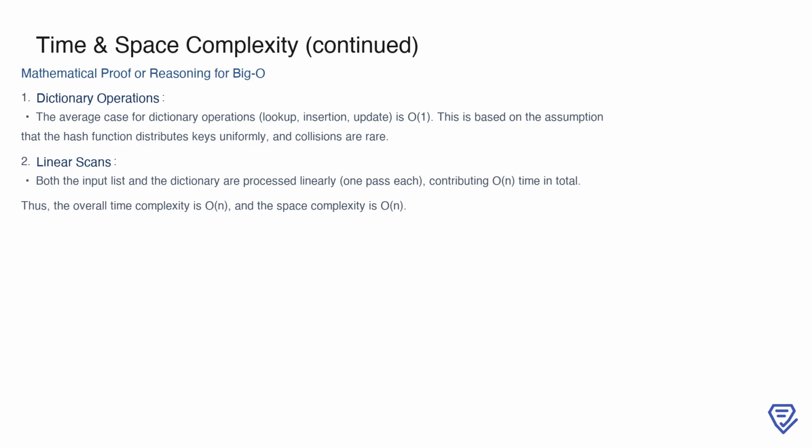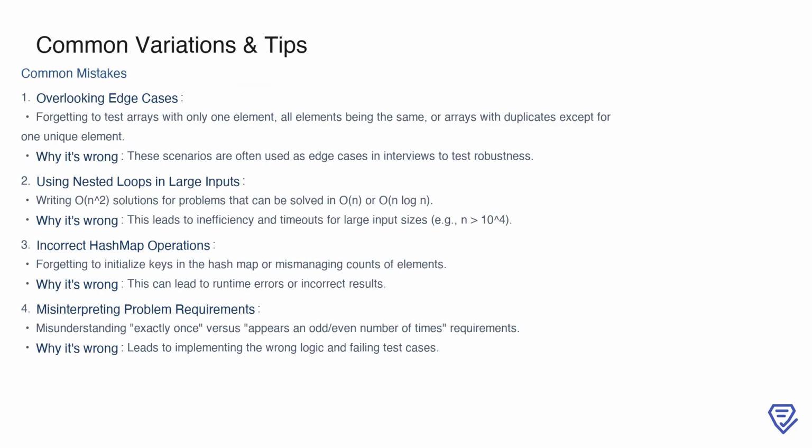This analysis confirms that the solution is both time and space efficient for the problem at hand. When solving this problem, there are several common mistakes to watch out for. First, overlooking edge cases can be a significant issue. For example, you might forget to test arrays with only one element, arrays where all elements are the same, or arrays that contain duplicates except for one unique value. These scenarios are often used in interviews to evaluate how robust your solution is, so missing them can lead to